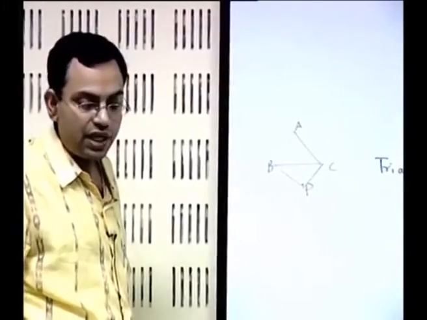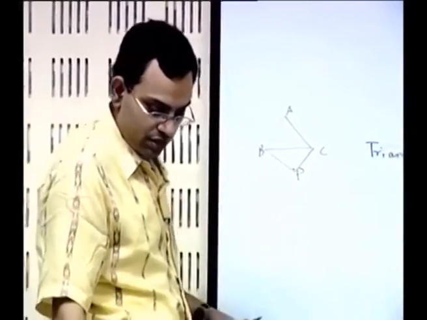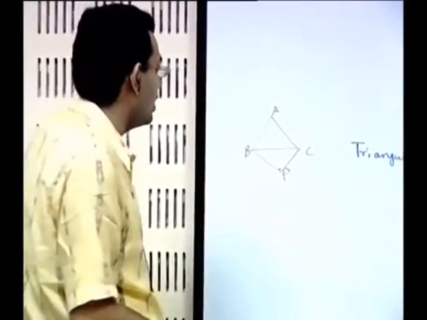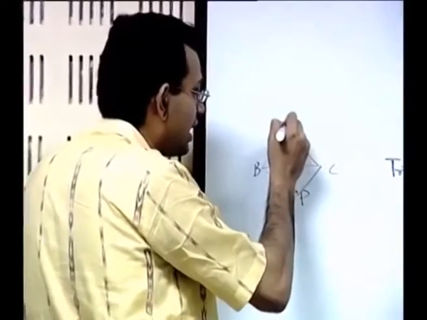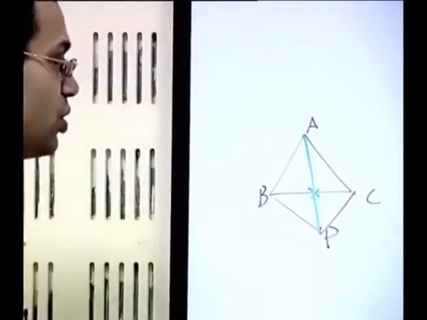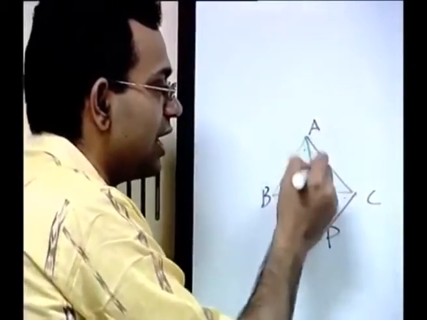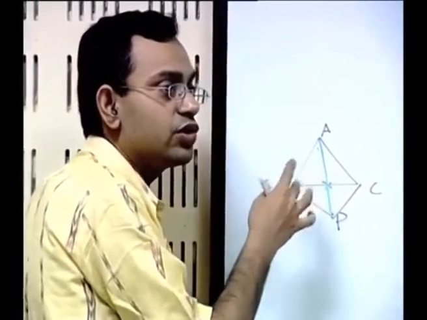So, if it has failed, then what would you do? One of the easy things that one can do is, instead of making this as a diagonal of a quadrilateral, we would make this as a diagonal. So if somehow these angles were small, these angles will be large. So this is called diagonal swapping.